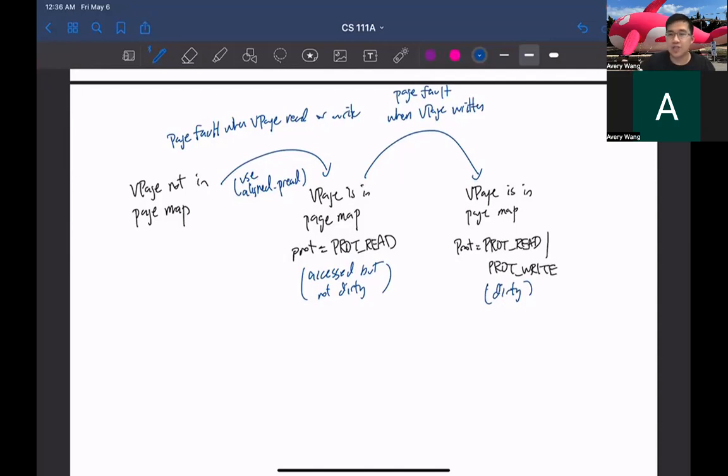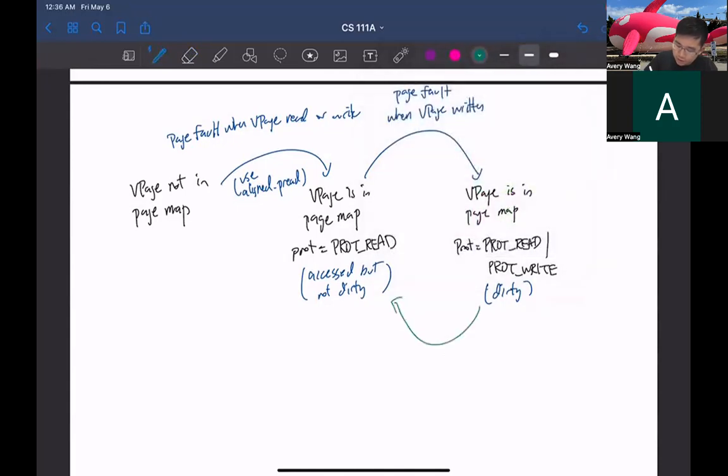Okay, so the definition of dirty is someone wrote to this page since the last flush. So each flush should clear the dirty bit, right? The pages should no longer be dirty after a flush. Only if someone tries to write it again does it become dirty. So every time you call a flush,